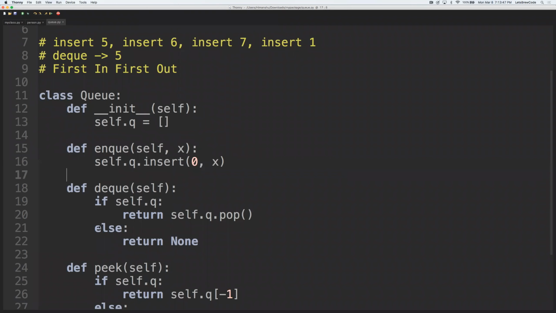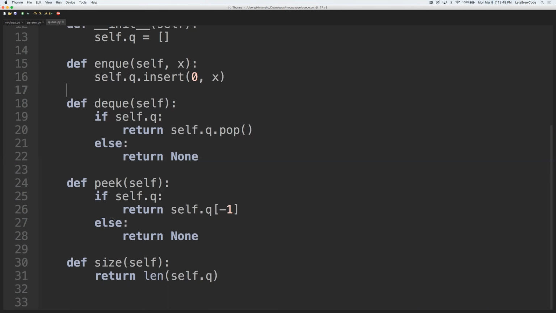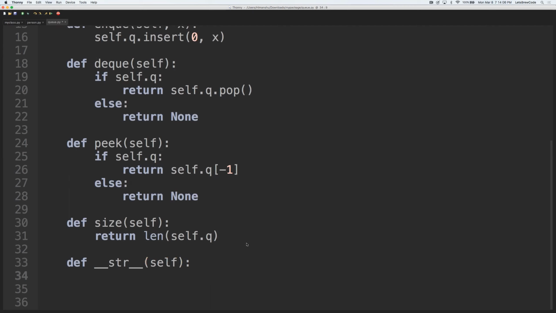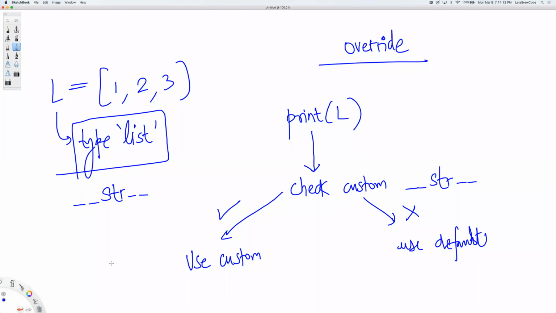So let's override that function. And in order to override, you don't have to do much. All you have to do is define that function again in your module. So I'm going to say def, and underscore underscore str underscore underscore, and then self. No argument goes in this. You just override the definition of str. When the print function is going to print your custom data type,